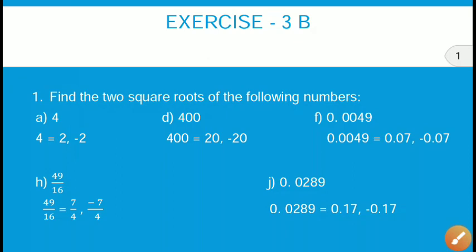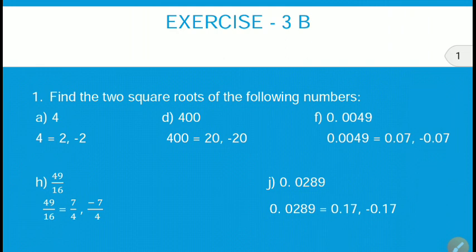Hello, dear students. We have completed our portion till exercise 3A. And if you don't solve the questions, then it will become a burden for you. Every day I leave a few questions for you to solve. So solve the questions daily. Then there will be no burden for you. Okay? And you will also enjoy solving. So, dear students, solve the questions daily, then it will not become a burden on you.